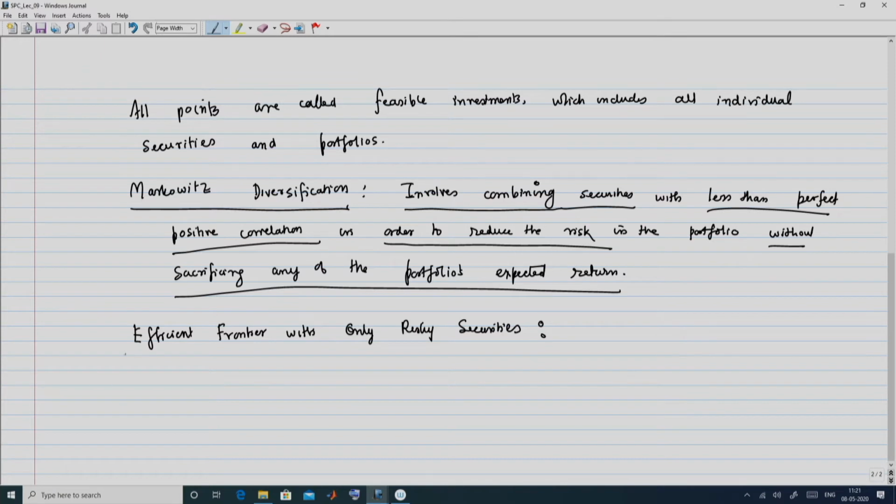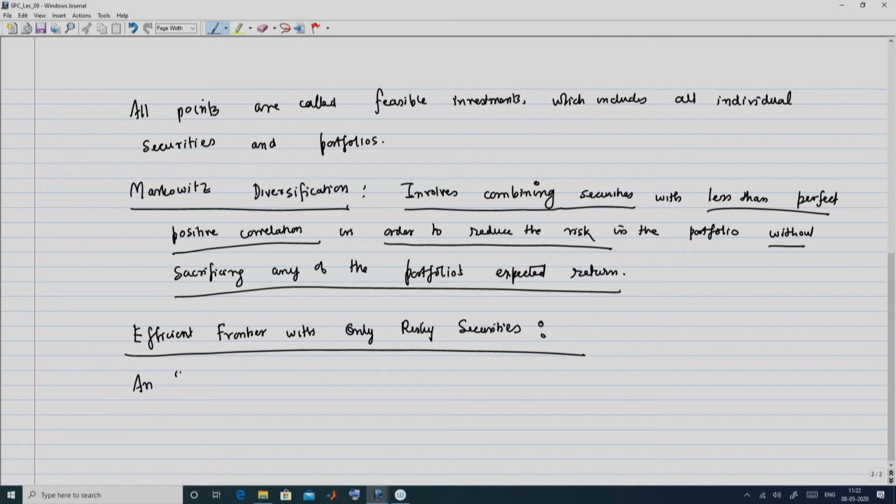So, the reason we specify risky securities is because eventually we will talk about an efficient frontier with risky securities along with a risk free security. However, for the time being we will just focus on the portfolio of n number of risky securities. So, accordingly, we define that an efficient frontier